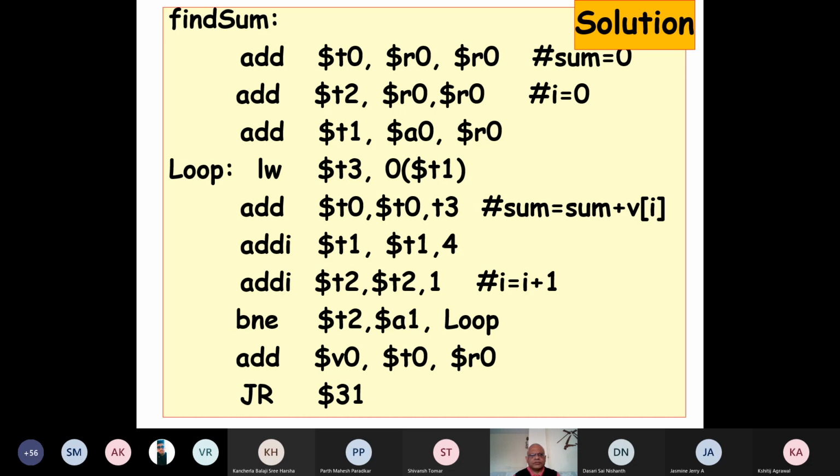We will accumulate the sum in the T0 register. And now we will also have variable I, because we have to do it for k elements, just to keep track of how many elements we have added. We'll have this variable I in T2 register. That also is set to 0.